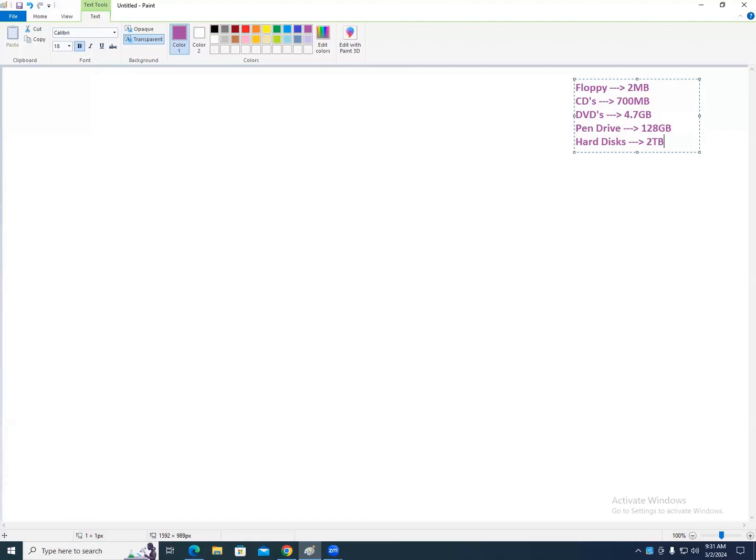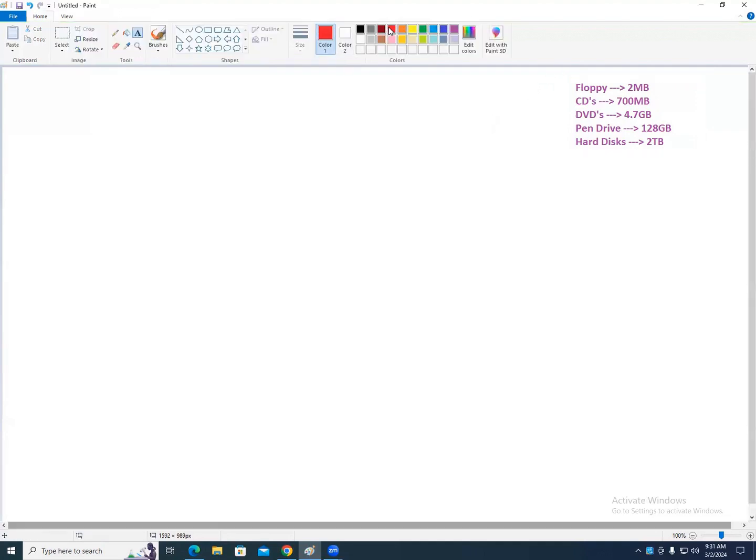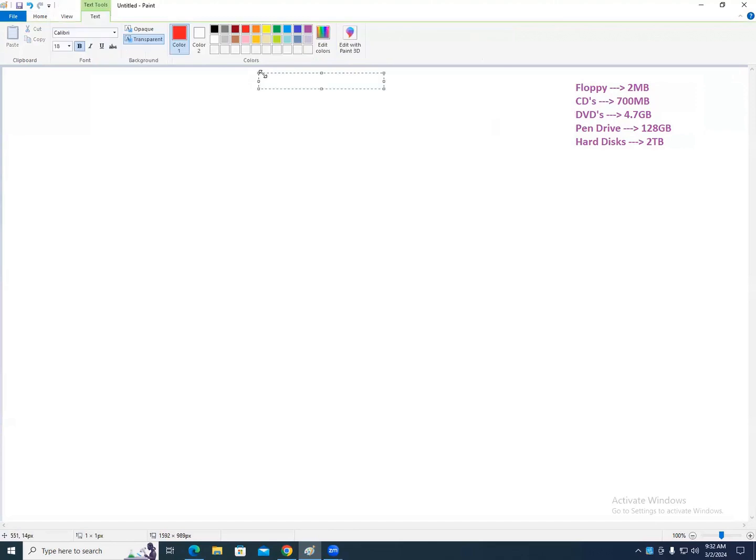So the problem here is that everyone needs more space, and it should be secure, and it should be available anytime. For that reason, AWS came up with a service called S3. What is that? S3, Simple Storage Service.